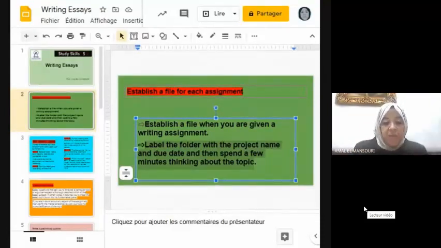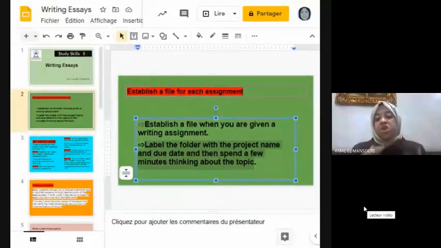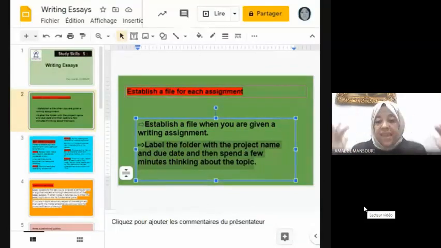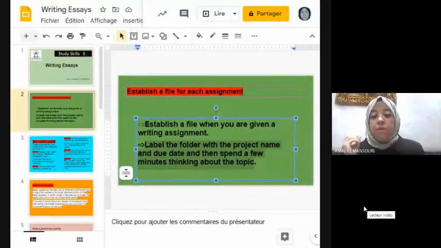As I said before, you can use mind maps because it is a visual planning method that helps you to quickly come up with ideas and make connections between those ideas. You can use linear plans like a list. You can use headings, subheadings, bullet points to plan your main ideas.